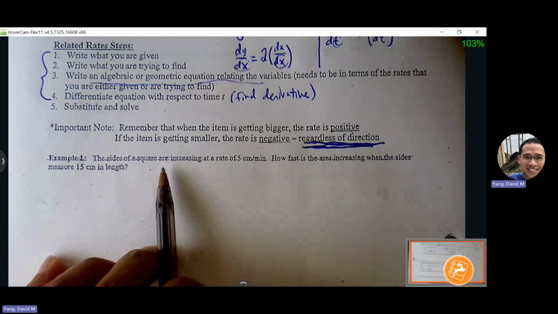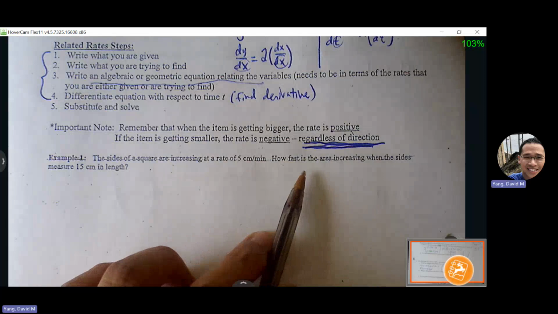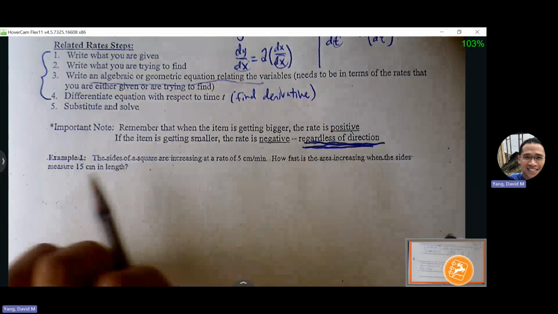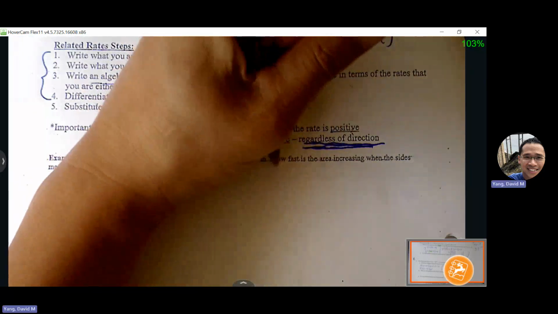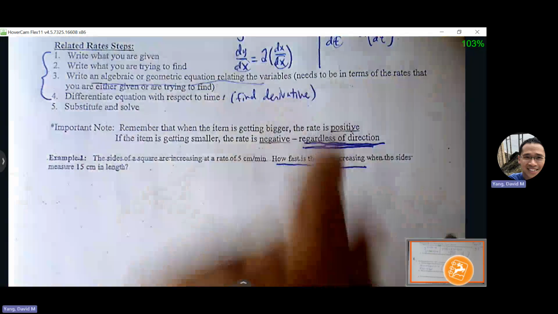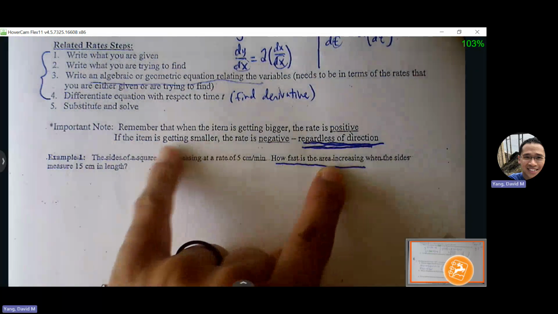It says the sides of a square are increasing at a rate of 5 centimeters per minute. How fast is the area increasing when the sides measure 15 centimeters in length? So we're asking about area. Okay. We're asking about how fast the area. Now we're talking about the area of what shape here? Square. Okay, so that is how we're going to build out our